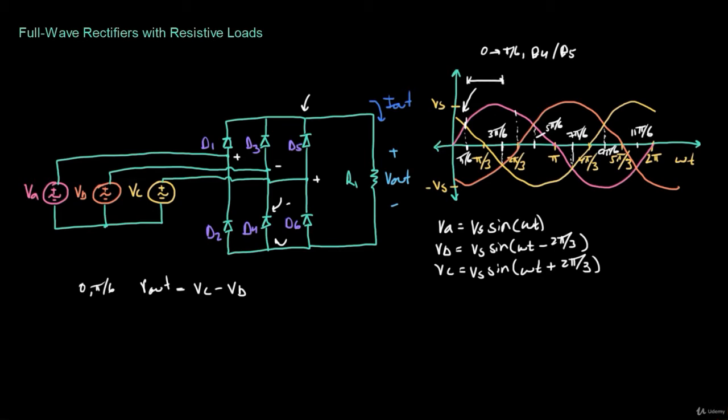And then actually let's take a look at the next step as well, from 3 pi over 6 until 5 pi over 6. So from here until here. And so we start seeing a pattern here. VA, just going to be this bar right here, is going to be greater than both VC and VB. However, we see that from pi over 6 until 3 pi over 6, so from here to here,